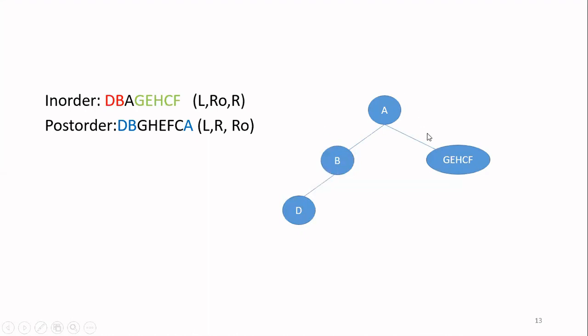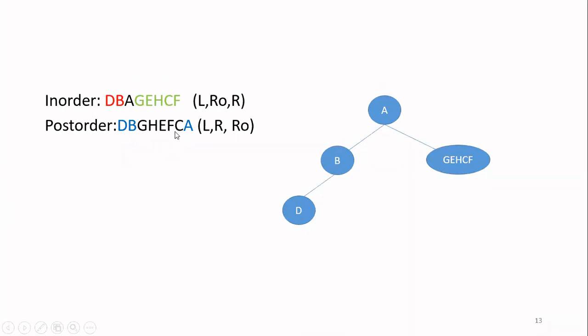Now let's go to this particular part. So we have now G, E, H, C, F. Out of these, you have to form the subtree with a root node for that particular subtree. So find out which is the root node from the post-order traversal. Take only these letters now. So go to the post-order traversal. Start from the rightmost direction, then move towards the left. Then see which comes first out of these letters. So when I go like this, first I am crossing C.